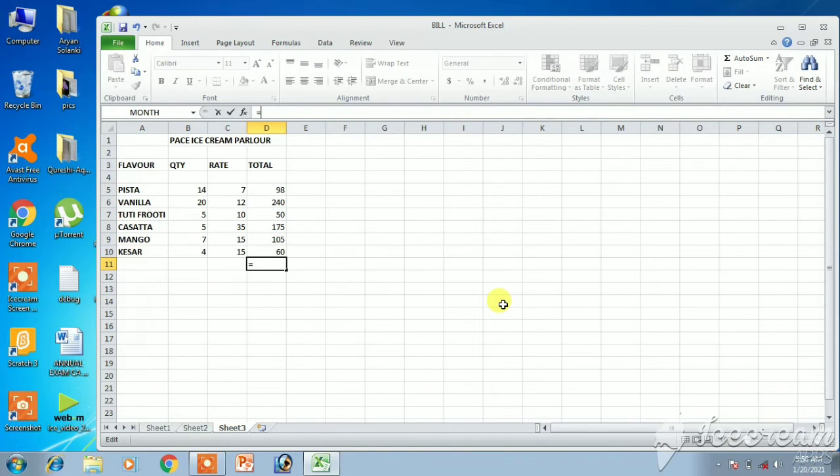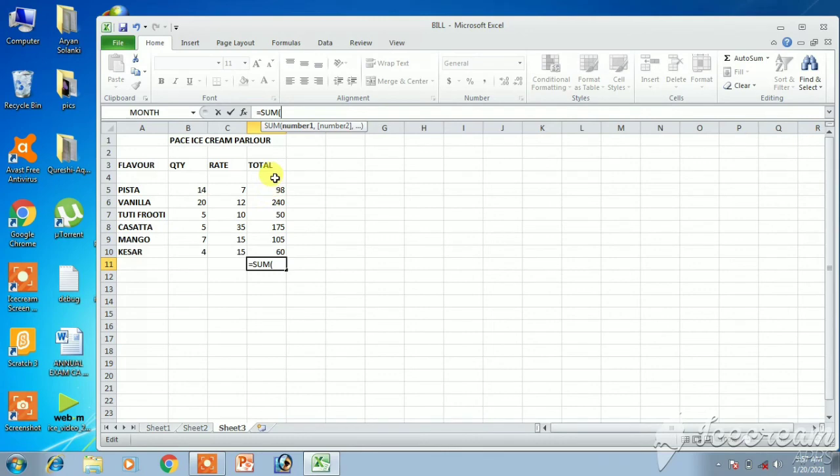But what if there are thousands of cells? At that time it will be very difficult for you to write all the cell addresses. So it is better to use functions. So students, we have the sum function. Okay, you can see the list of functions appear. There are so many functions which you can use. Inbuilt functions are there in Excel. So you write equals to sum, then a simple bracket. Now here what do we have to mention? We have to mention the range of cells, meaning a group of cell addresses.